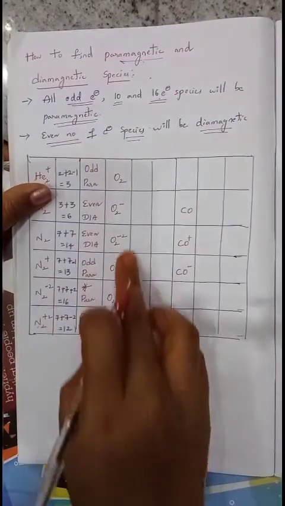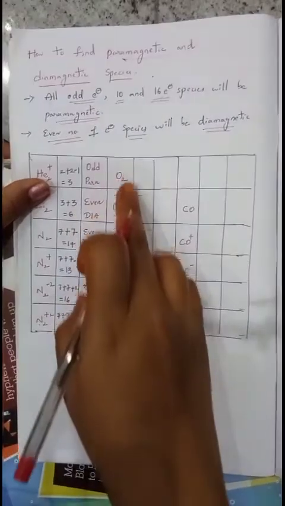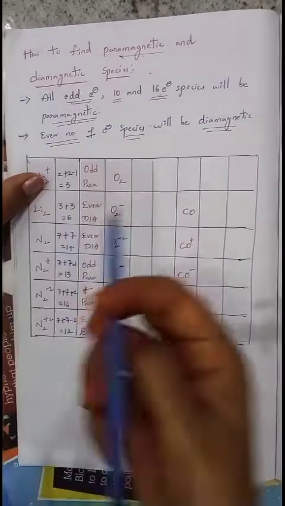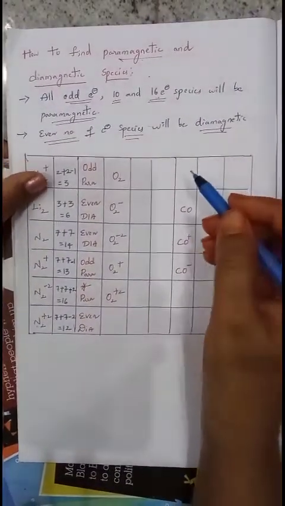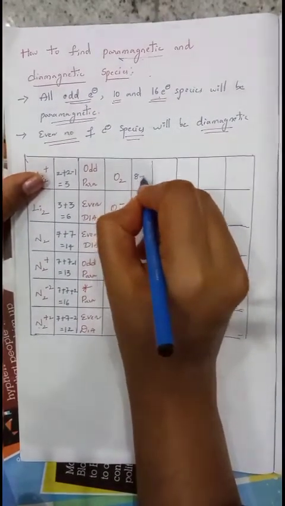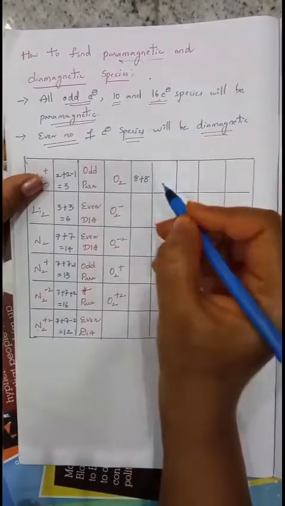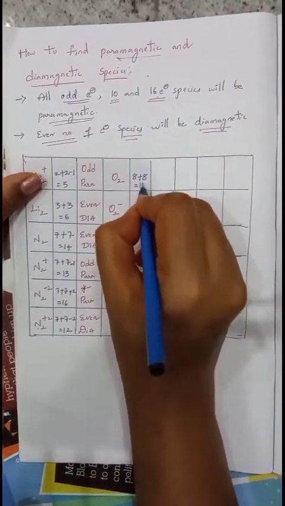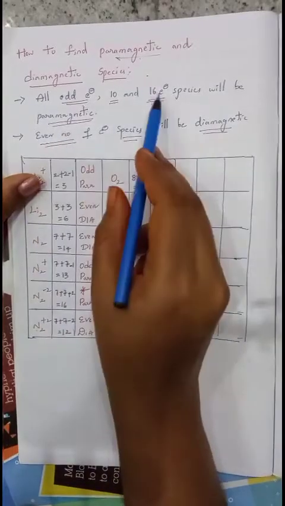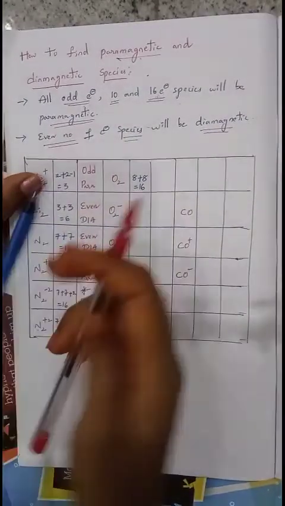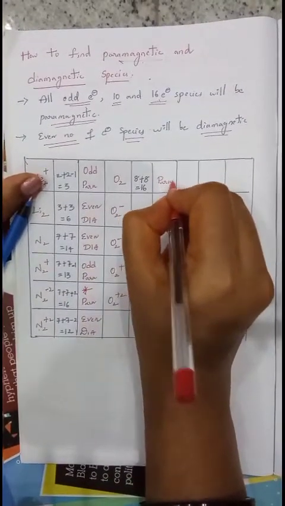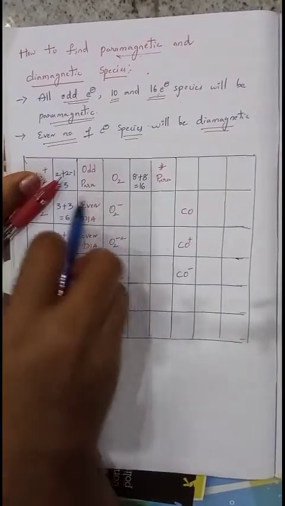Now we'll try to calculate for the oxygen molecule. Oxygen can exist in different ionic states. Here are a few, and we'll calculate the magnetic behavior of all these oxygen ionic states. O2: each oxygen has 8 electrons, and another oxygen also has 8 electrons. 8 plus 8, 16 electrons. 16 is an even number. Though it is even, there is an exceptional case for 16 electrons. So we have to consider the 16-electron species as paramagnetic. Make a star here.